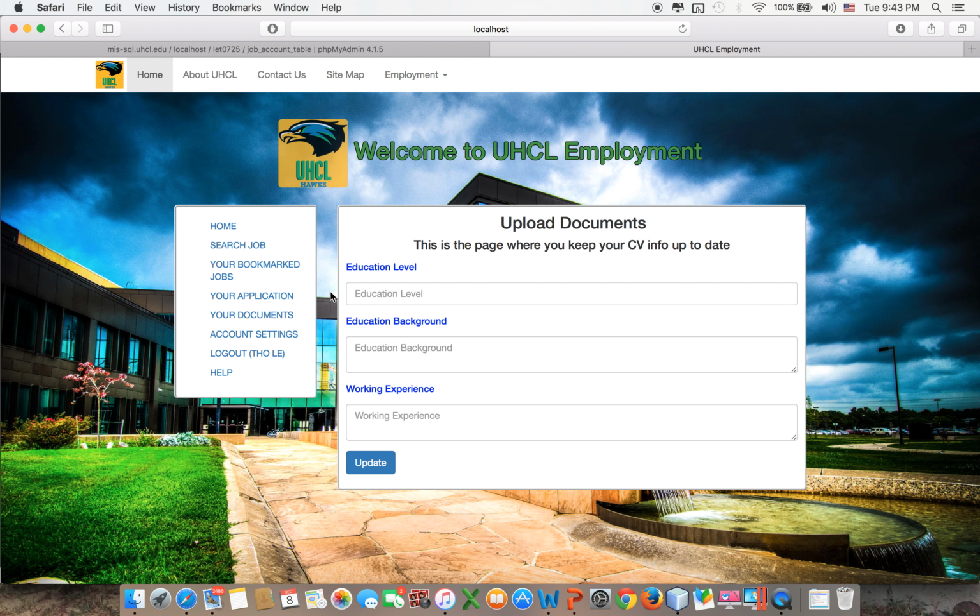Click into your documents. Okay, this is my upload documents form. My education level is graduate. Educational background, MIS in USC, maybe put GPA. My GPA is currently 3.9. Working experience, maybe none in the IT field,